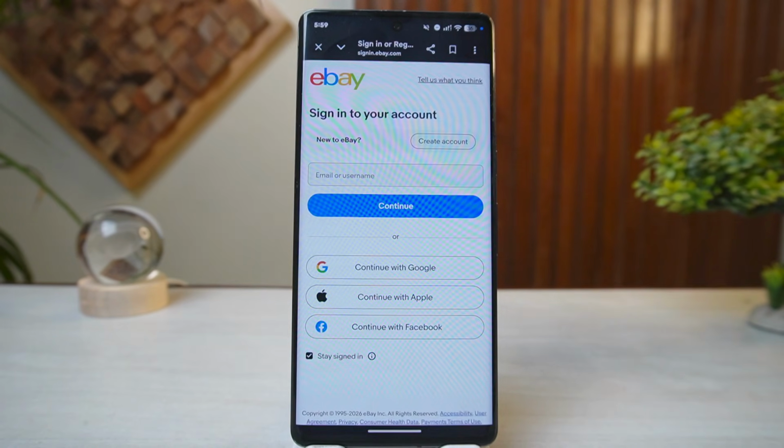Now you simply have to upload the tracking details. Go to the open case file and then enter the tracking number as well as the carrier name. Check the delivery status. If the tracking shows delivered to the buyer's registered zip code, eBay will automatically close the